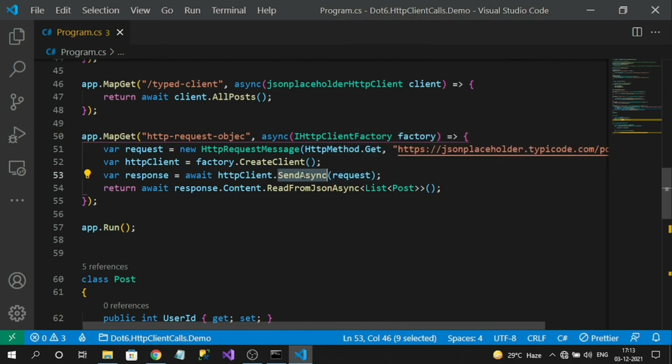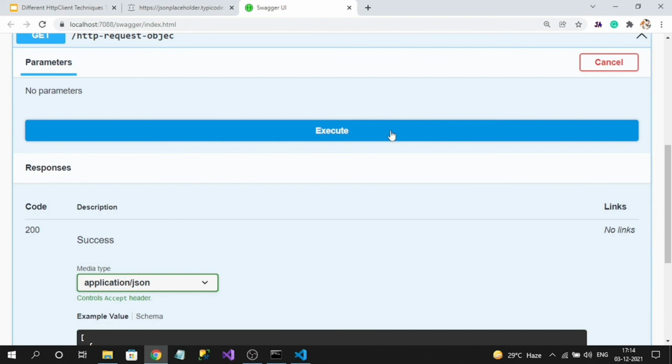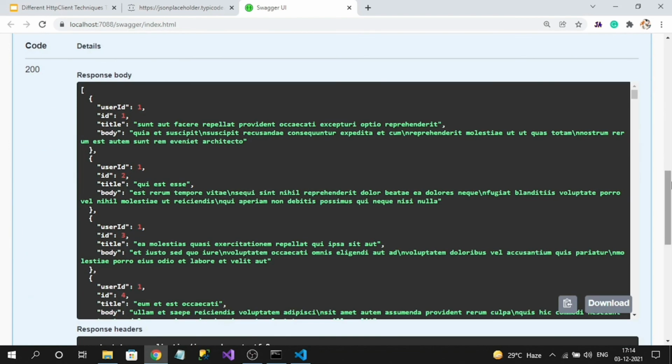So the API call will be invoked. Once we get the response, we are deserializing it into a list of posts. Let's test this endpoint as well. See, I am able to get the response.